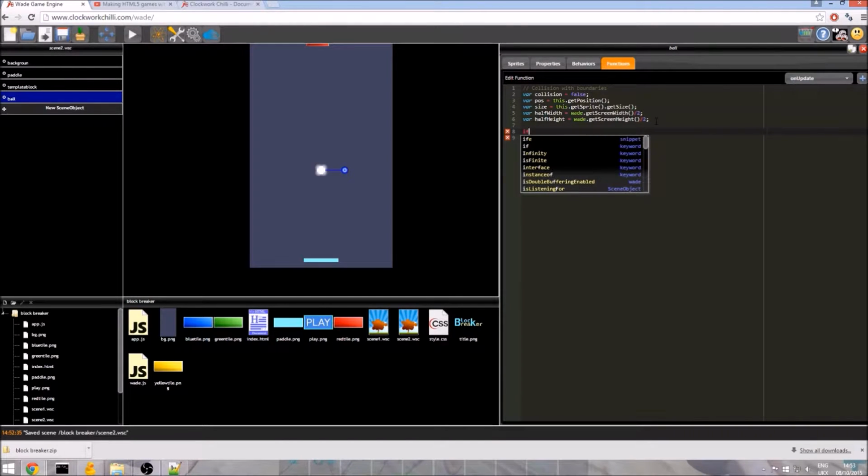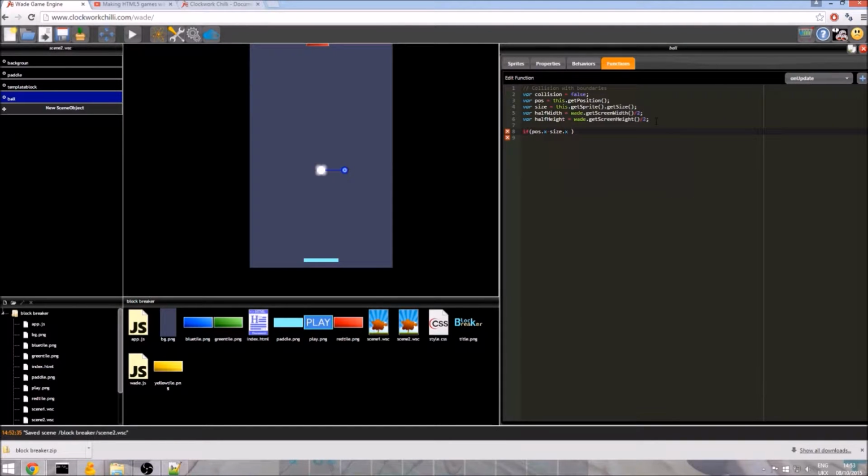is if the position of our ball, the x position, if position.x minus the size, because of course we want the edge of the sprite, this position is in the center, so we need to minus the size off this. Position minus size.x.